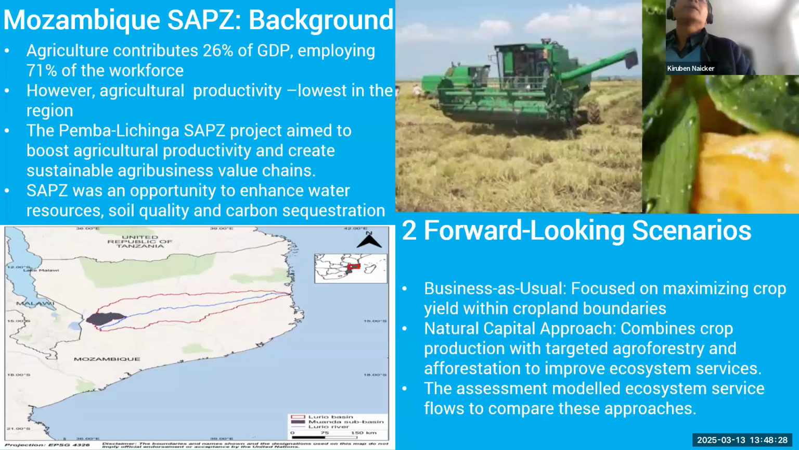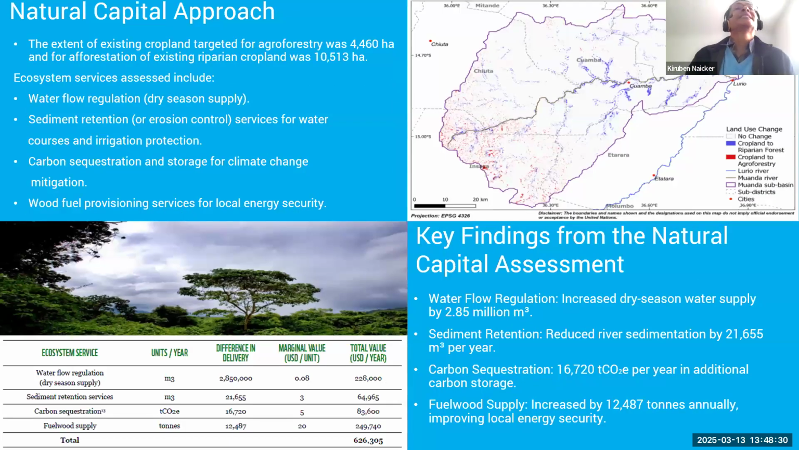So just a little bit more about this natural capital approach. The extent of existing cropland targeted for the agroforestry was just more than 4,460 hectares, and for afforestation of existing riparian cropland was just about 10,513 hectares. The map on your right demonstrates this targeted area, the proposed agroforestry and afforestation in the Muanda Basin under the natural capital approach